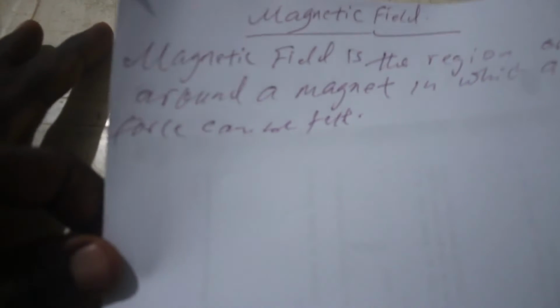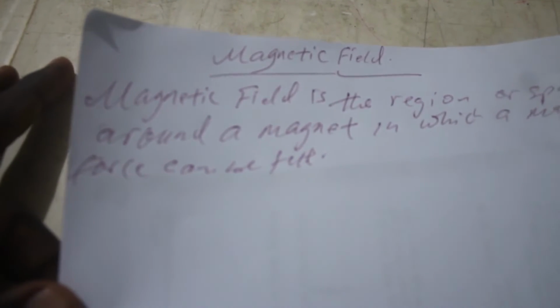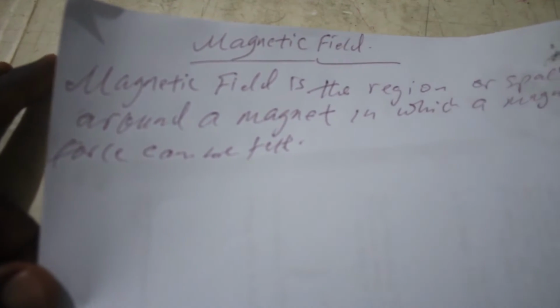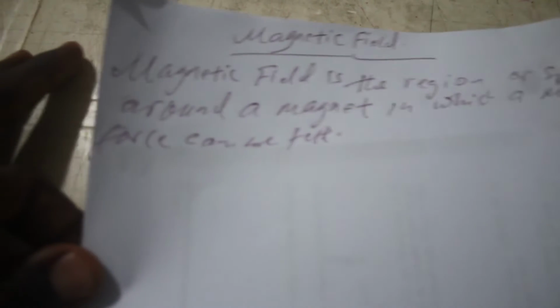So we define magnetic field as that region or space around a magnet in which a magnetic force can be